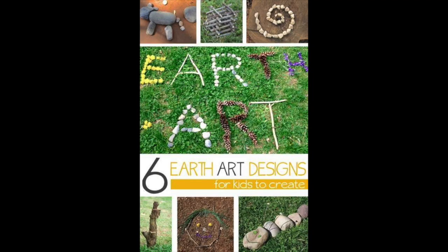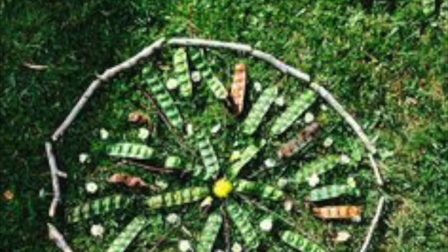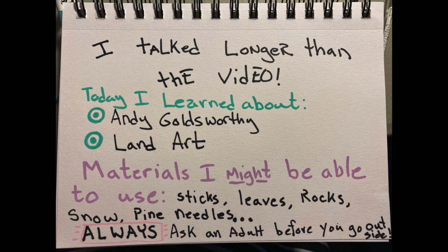taking things like rocks and arranging them in a way that just looks beautiful and pretty to you, or making a shape. There's no limit to the different types of things that you can do. Or you could just watch my video and be like, oh, yeah, that's cool, but it's not for me. I know a lot of us are really